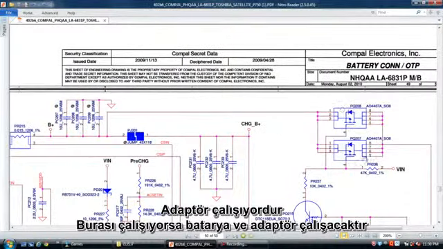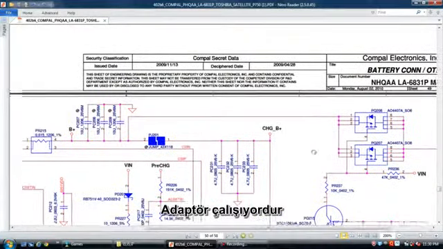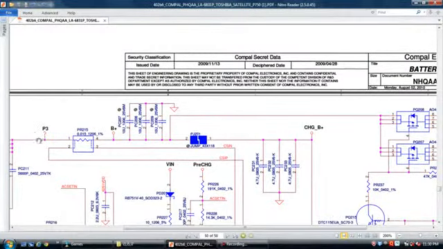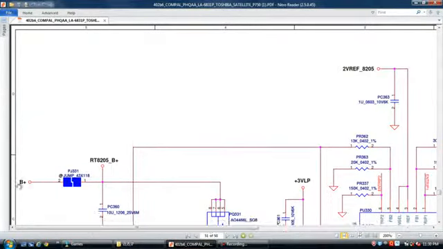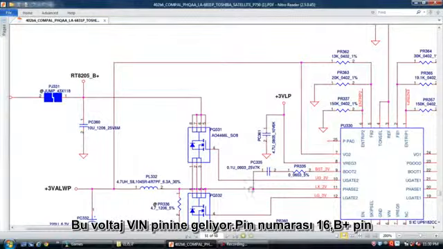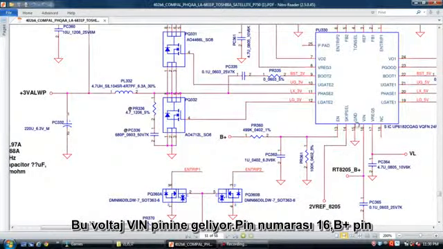If there is any fault in the other one, the battery won't work, but the adapter is okay. So this B plus voltage goes to the 5 volts and 3.3 volts regulator IC, plus B voltage of the RT8205.